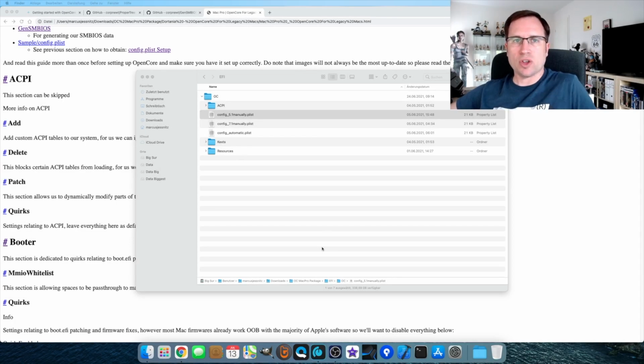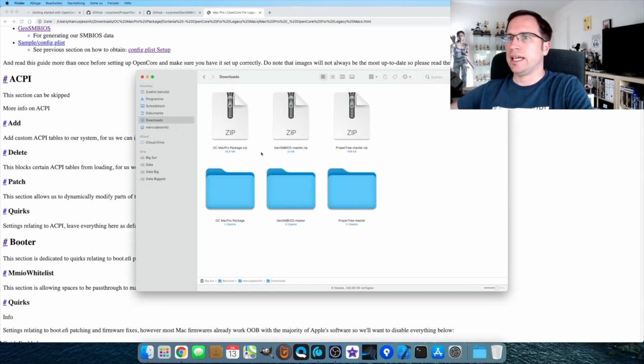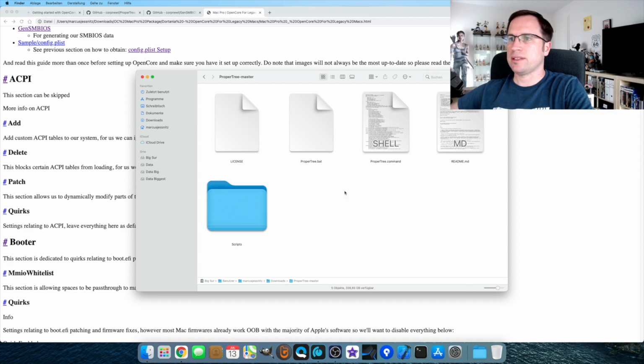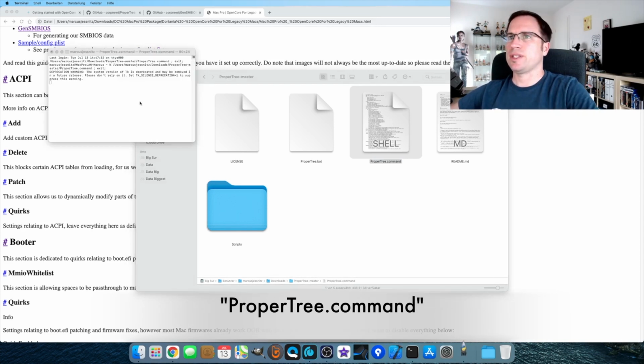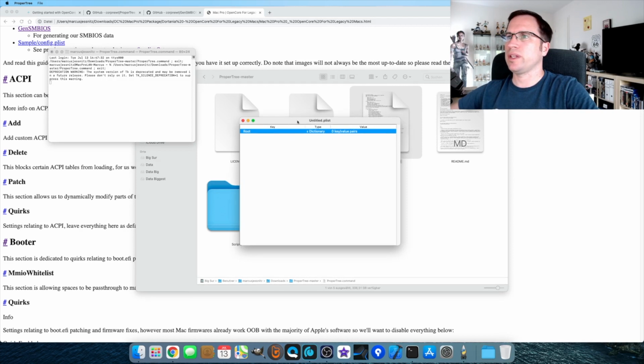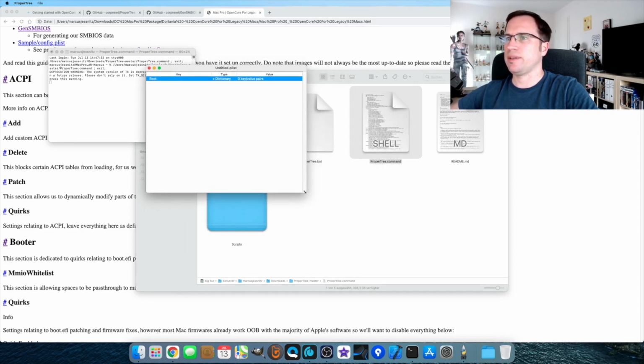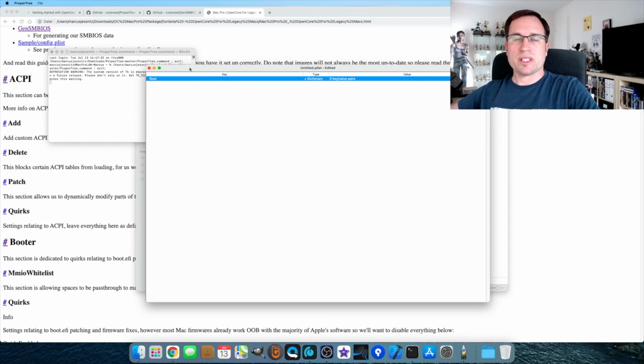And to see the config plist and the contents of the config plist, we need the first of our tools, ProperTree. Okay, we go to downloads and I go into the ProperTree master folder, and the ProperTree.bat file, that's a batch file. That's for Windows users as far as I know, but as we're on a Mac, we use the ProperTree.command, and you see the console is running in the background and you get the window Untitled.plist. That's the important part. And so that you can see it better on the video, I will just zoom in into that window a little bit because I cannot enlarge it here.